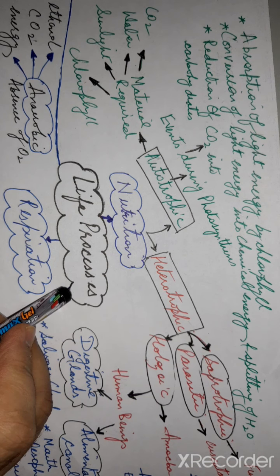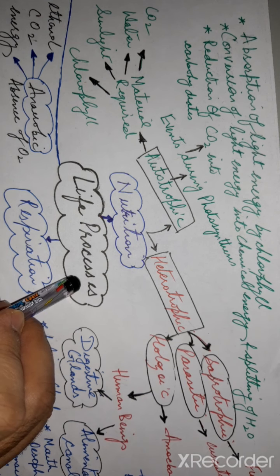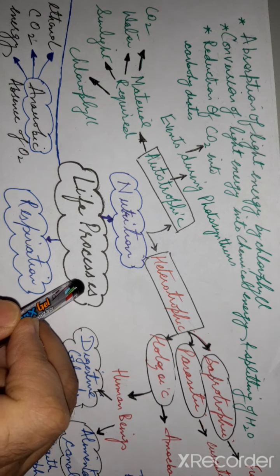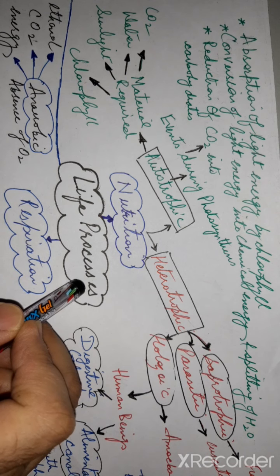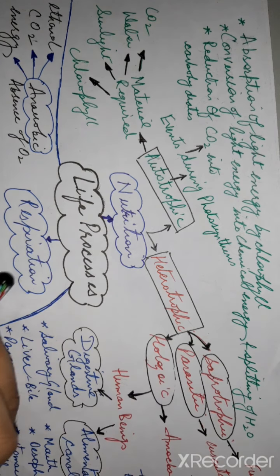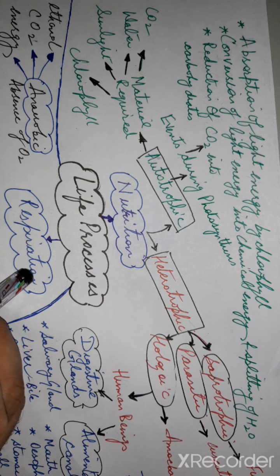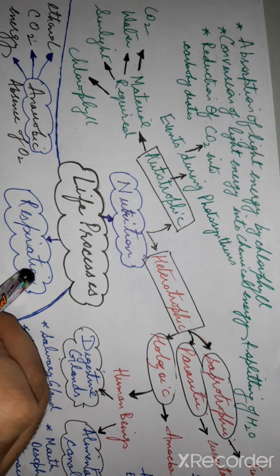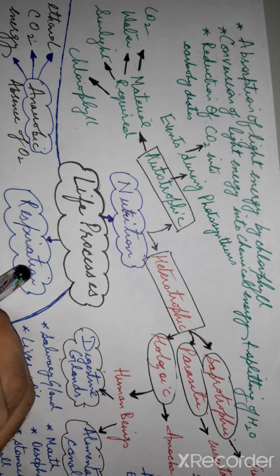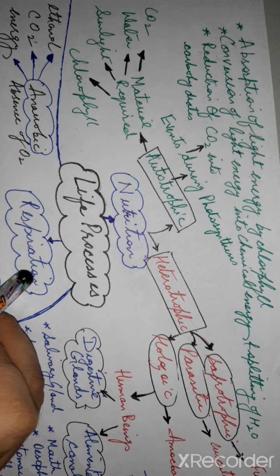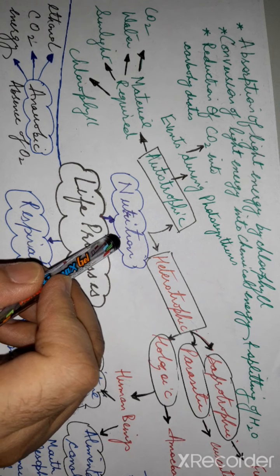Students, today we will recap or summarize the whole chapter which we have done, that is life processes. In this chapter, you have read about 4 life processes. One is nutrition, second is respiration, third is transportation, and fourth is excretion. So one by one we will do the recap of all 4 life processes. Let us begin with the nutrition.